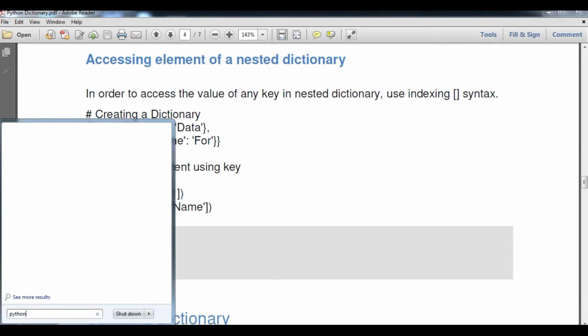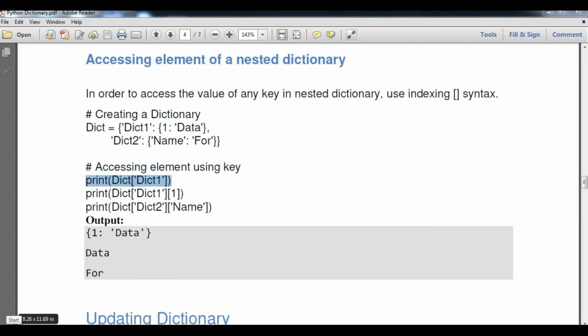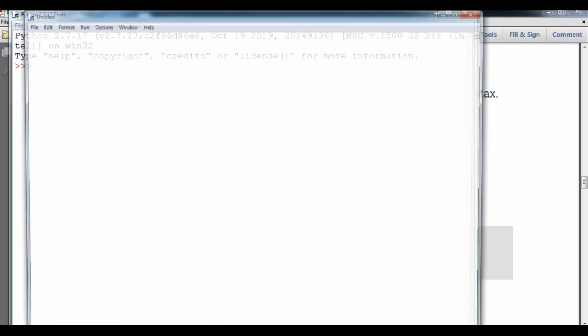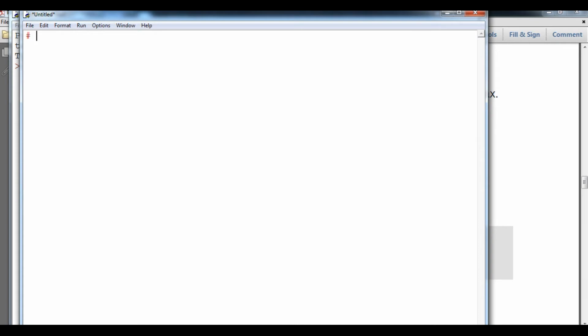To do that practically, we have to open our Python IDLE. In that I will open a new file, because I just want to access the nested dictionary. Here I will write a program for dictionary part 2. I'm going to create a dictionary, dict equals curly braces open and close.